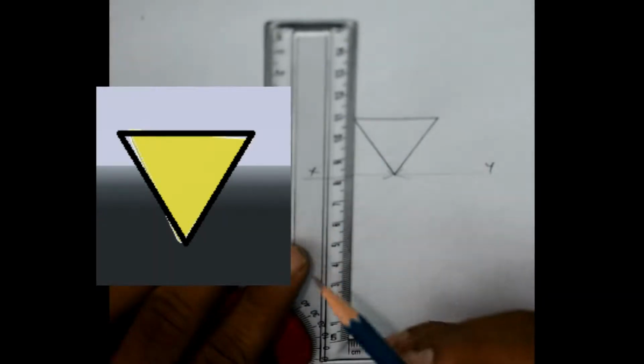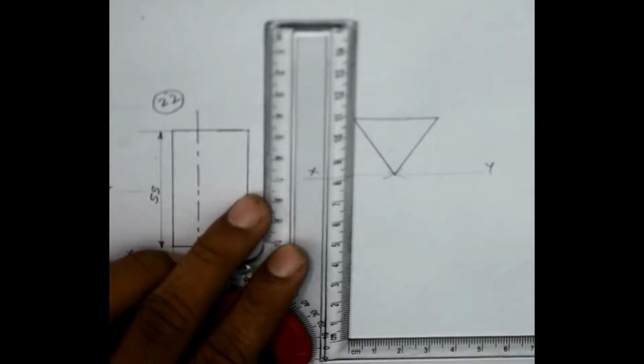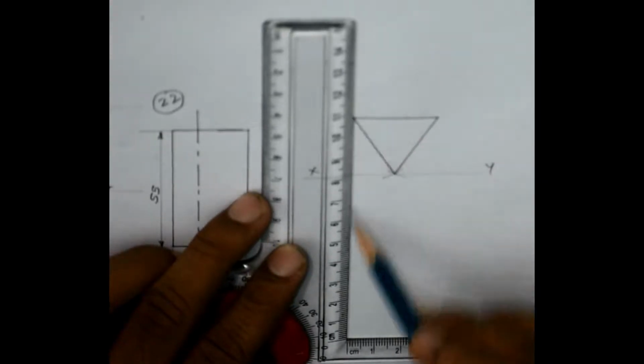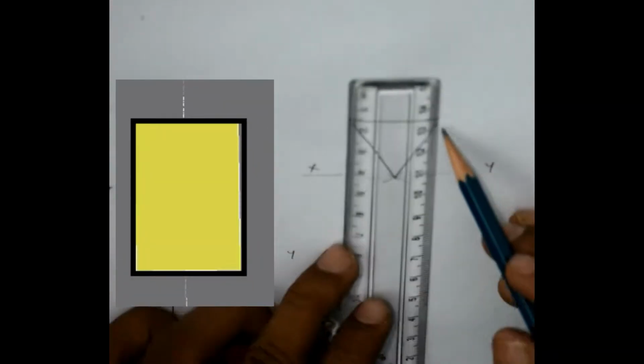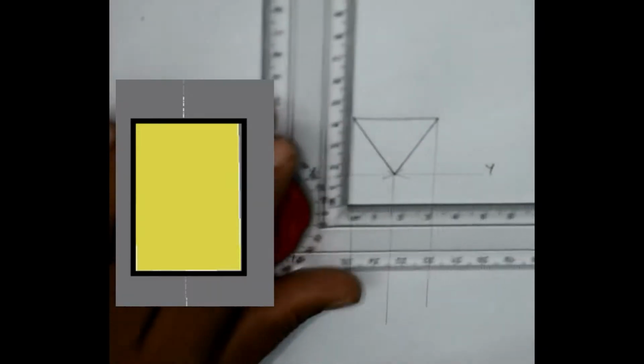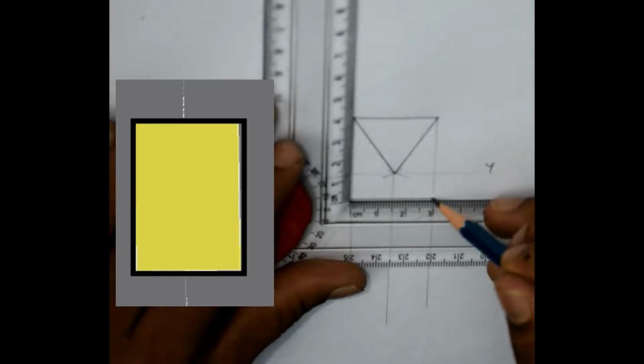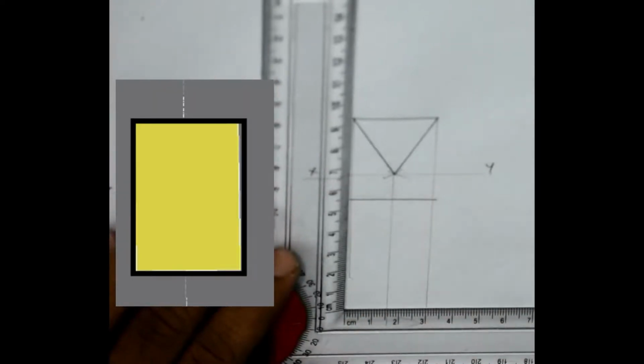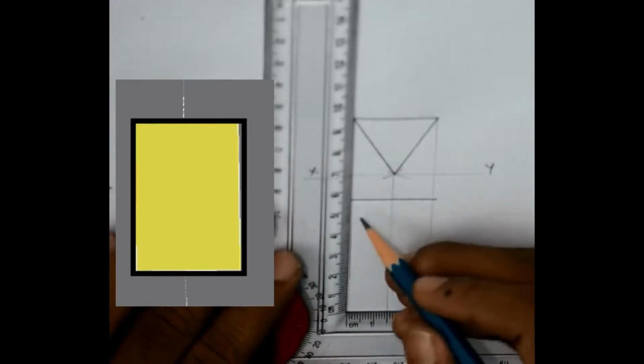And now for the top view, I need to project these lines from here. The rectangle would be of 55 mm height.